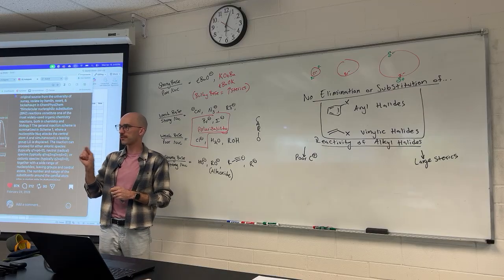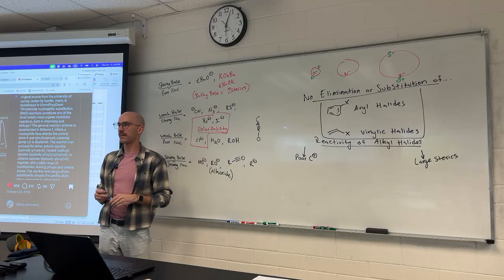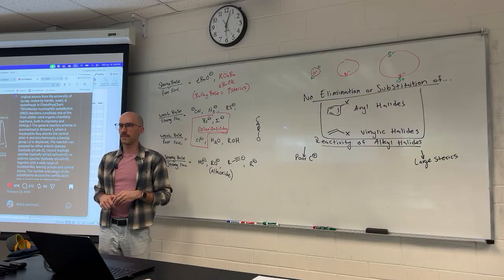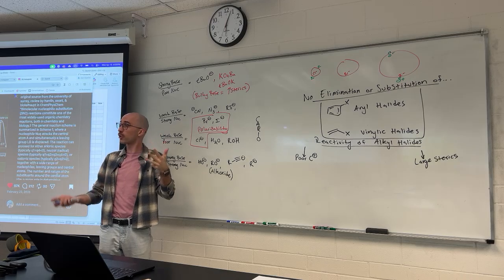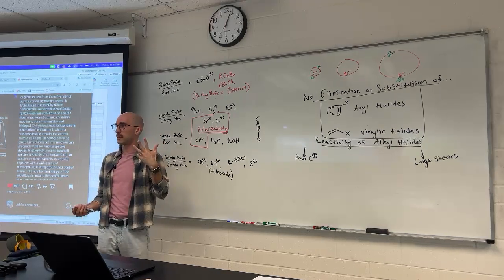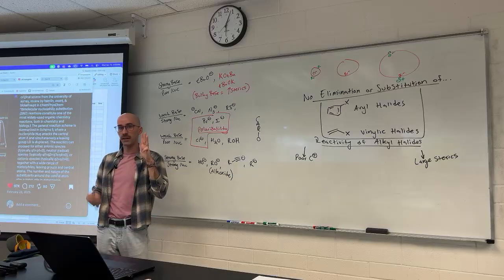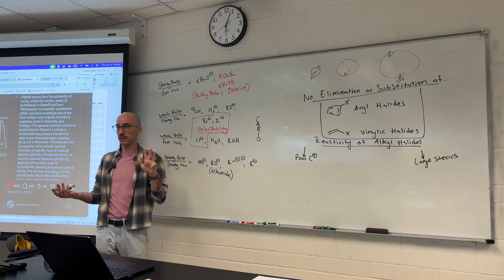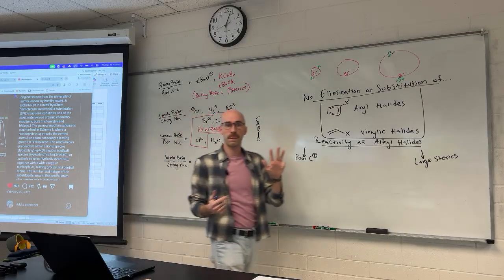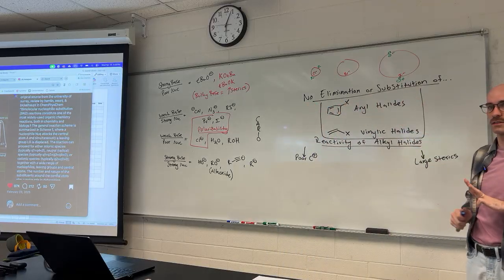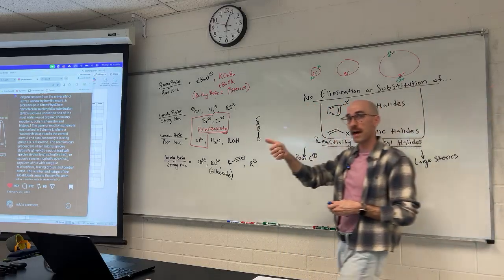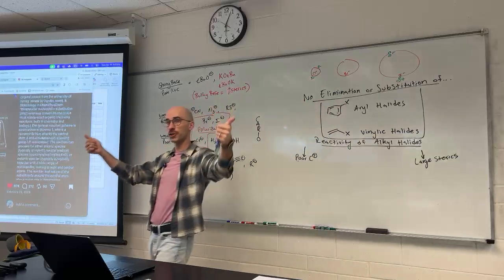Carbons that are sp3 hybridized, bonded to halogens. How many different ways can that happen? Could be a methyl carbon, a primary carbon, a secondary carbon, or a tertiary carbon. Those are all sp3 hybridized. They're all distinct from each other, and they're all alkyl halides. They don't fall into these categories. In that range, methyl halide up to tertiary halide,